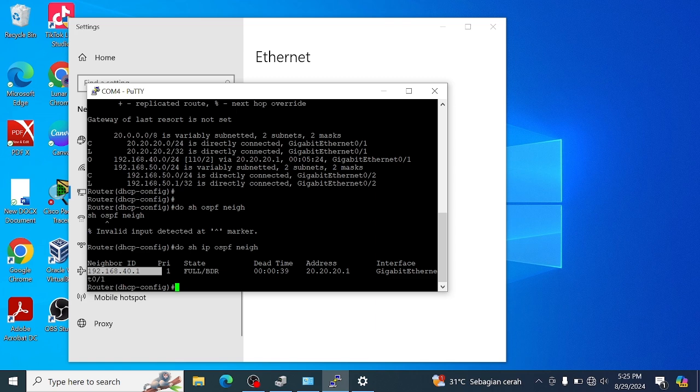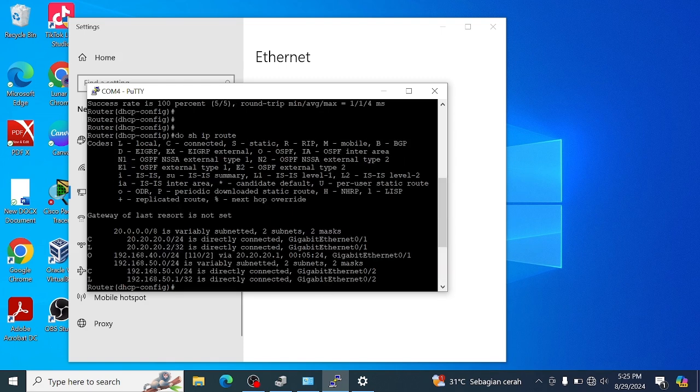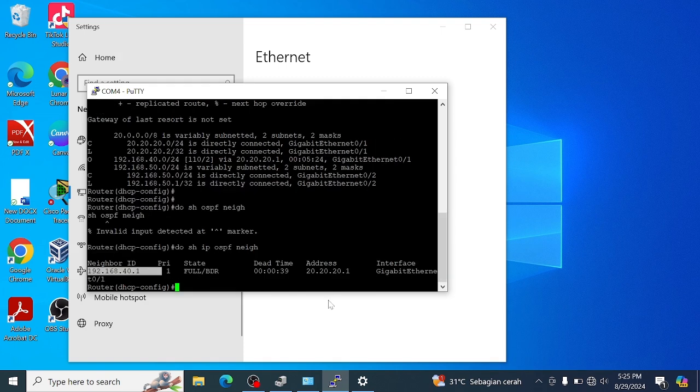And this is the only laptop IP that is listed. Maybe that's enough for the tutorial on how we can configure dynamic OSPF routing using a real Cisco device.